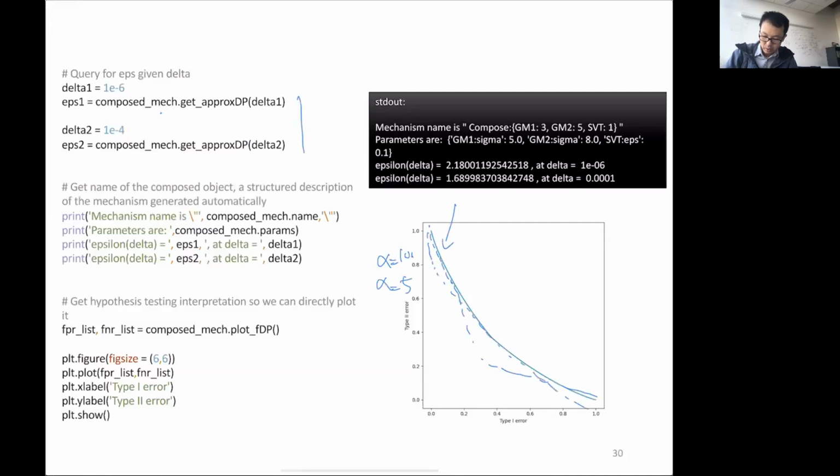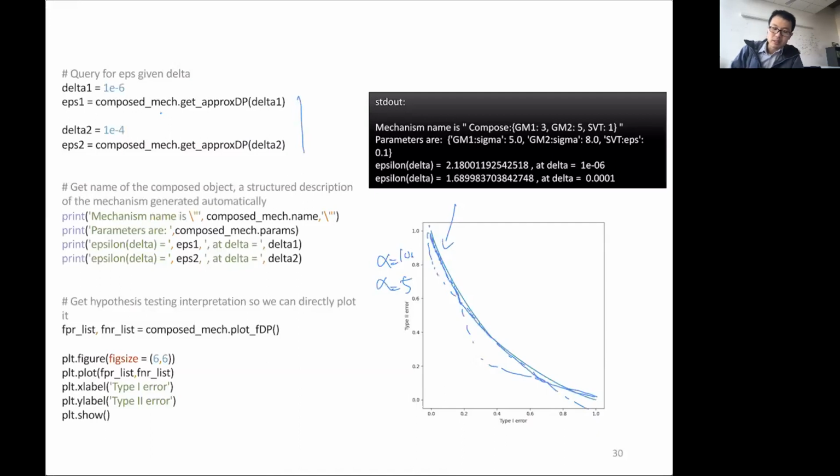So at the end of the day, the trade-off function that you get is a pointwise maximum over all possible alphas when alpha is larger than 0. So that's equivalent to taking some kind of a differential conjugate of the implied trade-off function that's given by the Rényi differential privacy. But all of that is out of the concern of the end user, and the end user